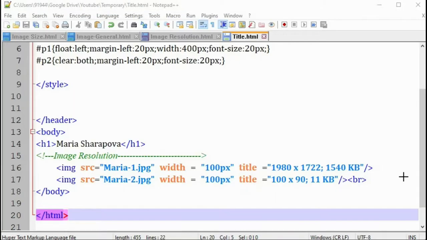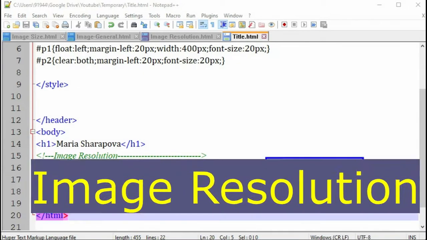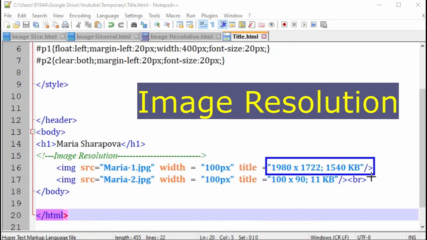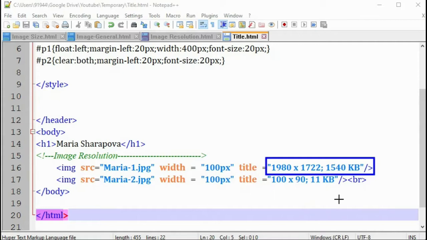Now I have ordered two same images with different pixel sizes. You can see the first image is 1920 by 1722 pixels, and it has 1540 KB file size. And the other image is just 100 by 90 pixels, and its file size is only 11 KB.